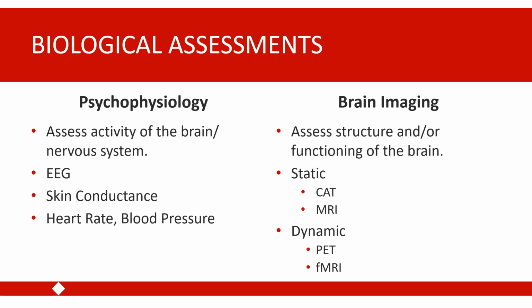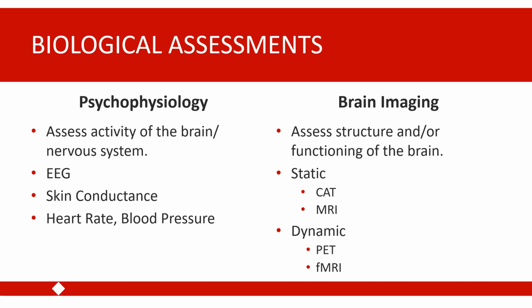You can also evaluate what's called skin conductance. So this is measured typically using the fingers. Skin conductance is a rough measure of physiological arousal. So you can look at the degree to which someone is experiencing physiological arousal by looking at their skin conductance. And we can also look at things like people's blood pressure and their heart rate as another physiological indicator of the level of arousal that a person is experiencing. So all of these different psychophysiological measures can provide us with information about the level of activity in a person's